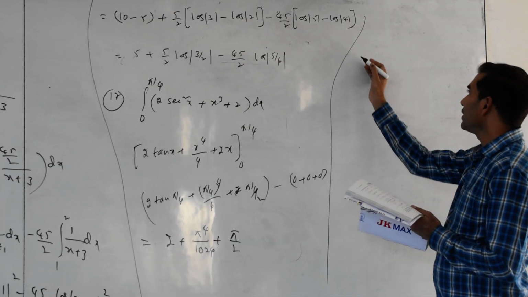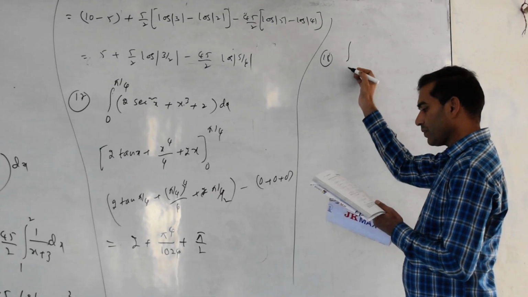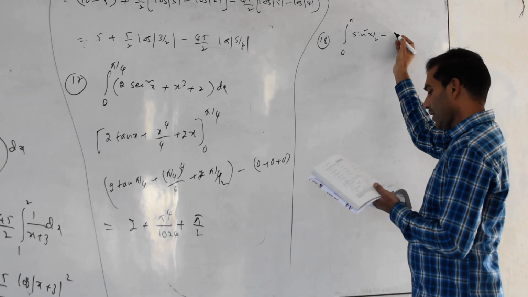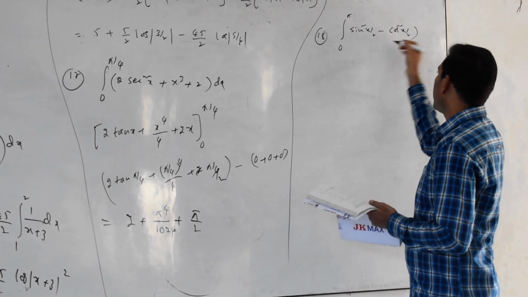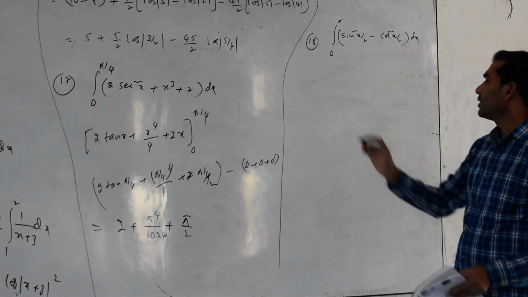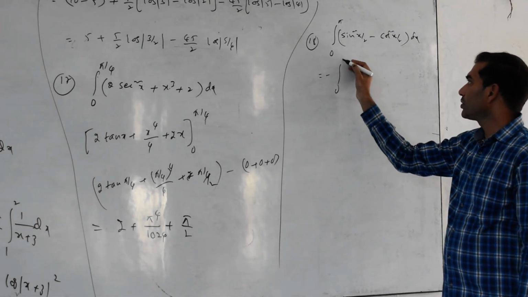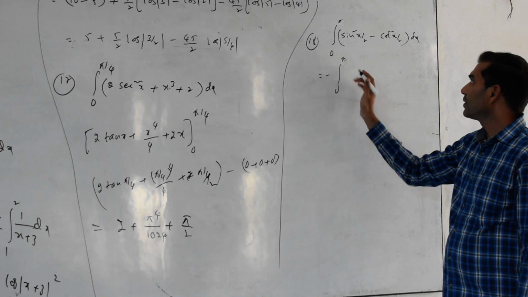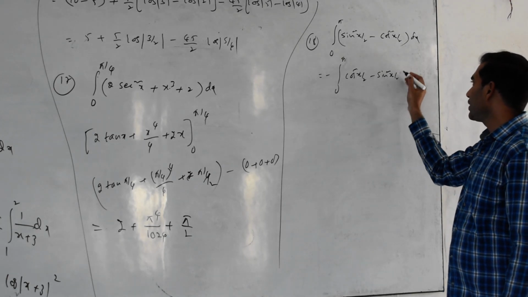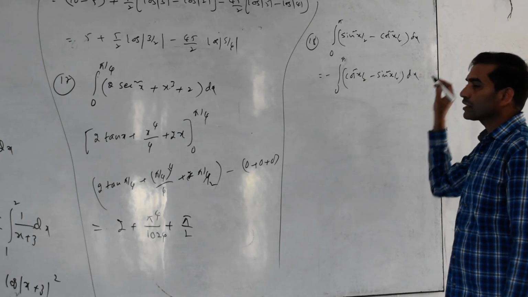Next, 18th question. Integration from 0 to pi of sin square x by 2 minus cos square x by 2 dx. Take minus common first: 0 to pi, cos square x by 2 minus sin square x by 2. Tell me, cos square x by 2 minus sin square x by 2 equals